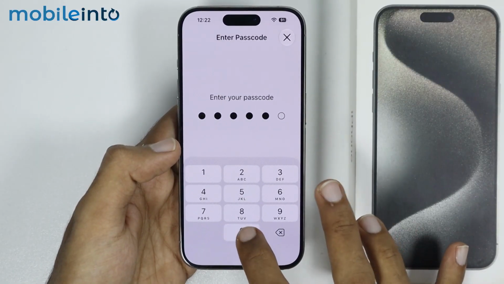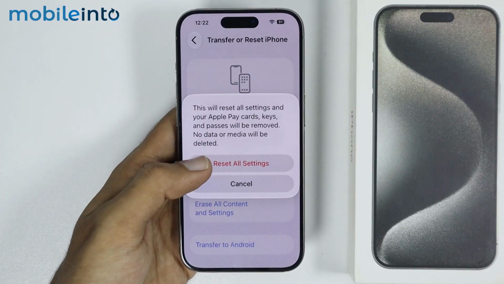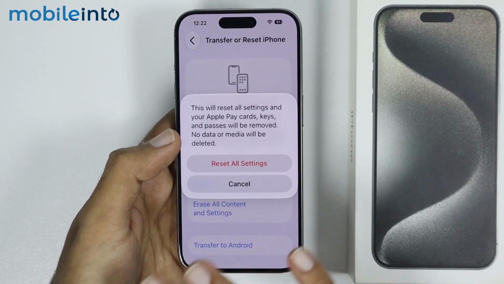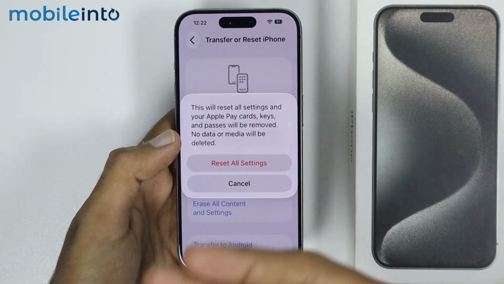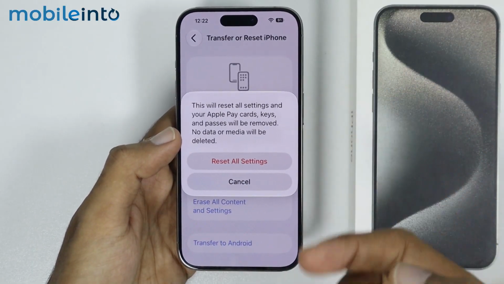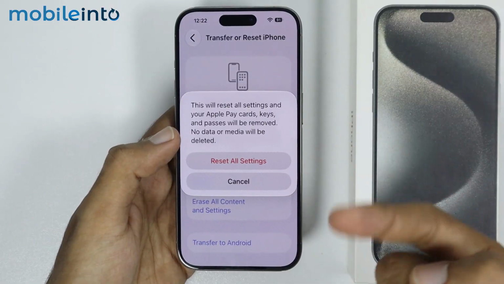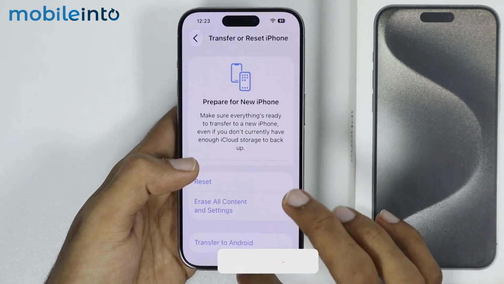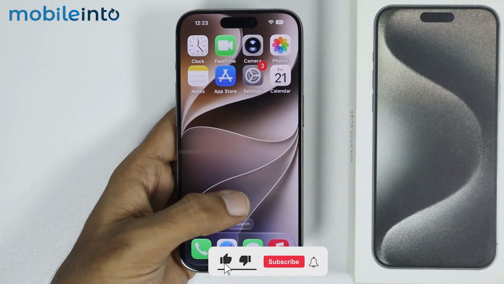Then enter your lock screen PIN and tap on Reset All Settings. And by doing that, you will not delete any data of your iPhone. You will just reset all the settings of your iPhone in case you have enabled a setting which might be causing this issue. But if you have done all of that and if your issue is still not fixed,